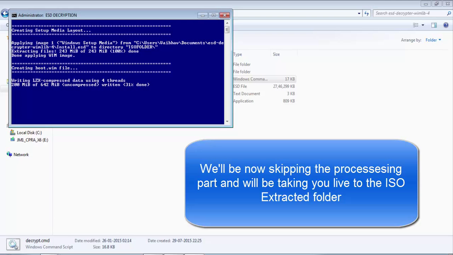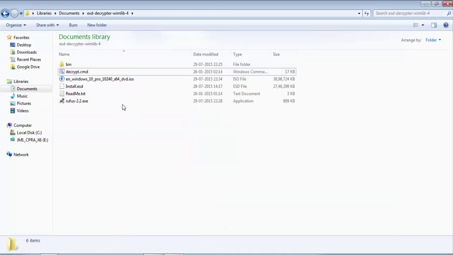So let's wait. So this is the file that was created by the decryptor after the complete process was completed. And now you have two options. If you are upgrading from Windows XP, then you can use the Windows USB creation tool that comes on the Microsoft site. You can download it for free. But for most practical purposes, we recommend using Rufus. There are other applications as well, but Rufus is one of the most commonly used, and therefore it has the minimum chances of any bugs so far.